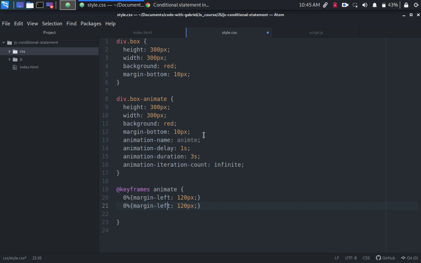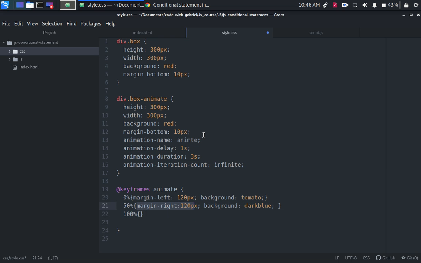we want it to go back from the right. We want to push it to 120 pixels, and we can change the background color. This is going to be very simple, 100 to 50. Then we can say background of tomato. We can say background of dark blue, okay, that's nice. When it's finally 100%,